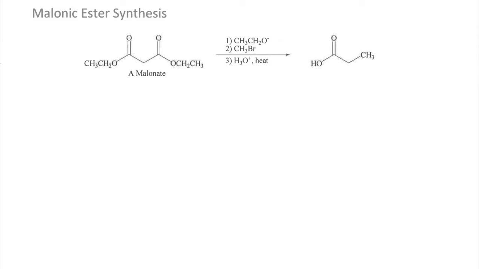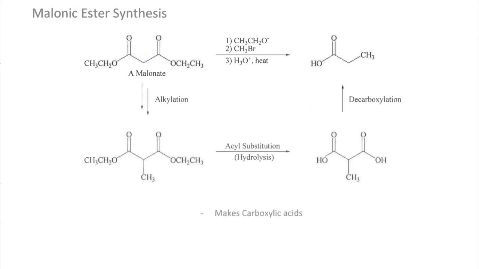But again, you notice that it's got that 1,3 relationship between the two carbonyls, meaning that we have those really highly acidic hydrogens on that methylene carbon in the middle. So again, we treat this with a base, making sure to match the base to the leaving group of our ester, ethoxide in this case. We're again going to do an alkylation. Here I'm just going to use bromomethane. We're going to introduce a methyl group there, and then under acidic conditions, hydrolyze that ester to a carboxylic acid,